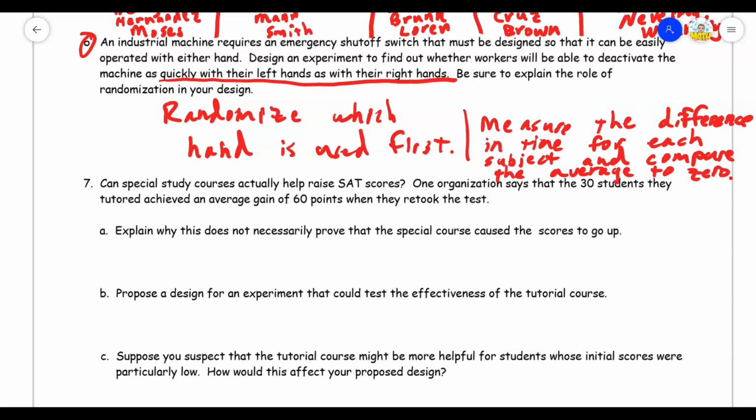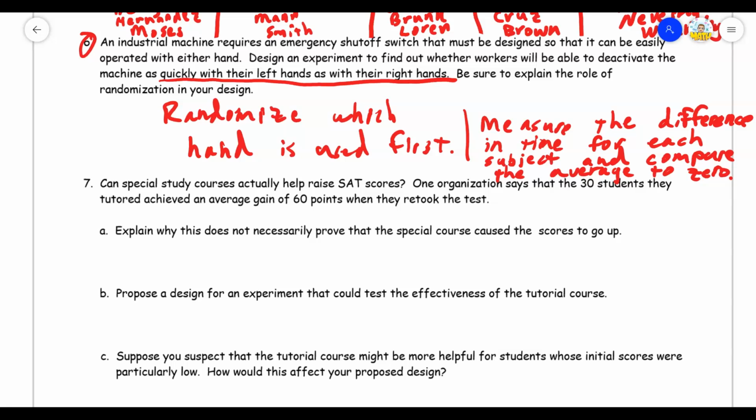We have our, maybe 20 subjects. And then what we do is we see, okay, it took 2 seconds, 2.1 seconds, or 3 seconds, 3.2 seconds. Some people are going to have better hand-eye coordination than others, but we're controlling for that by making it a matched pairs design. Everybody operates the switch with each hand, and we randomize the order in which they do so. What do we measure or compare? The differences.